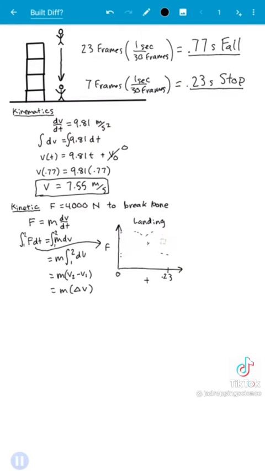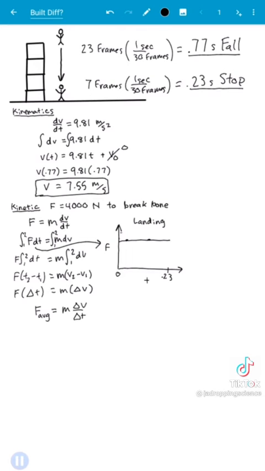Since we don't know, the best thing to do is to assume that he somehow distributed the force evenly over time. And the total area under this curve represents the momentum change. We'll talk about that in a sec. Since the force here is the same, the force is constant and we can take it out of the integral just like we did on the right hand side. What we're left with is the force times the change in time. Now we can solve for force, but this force is actually the average force, which happens to be the maximum in our example.